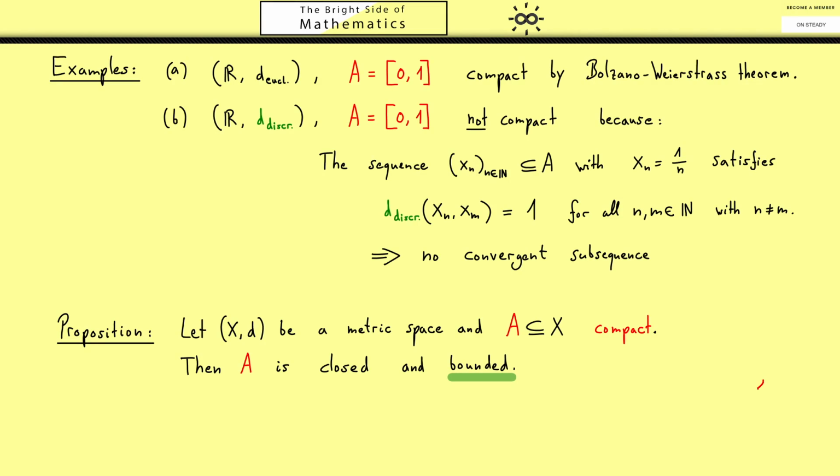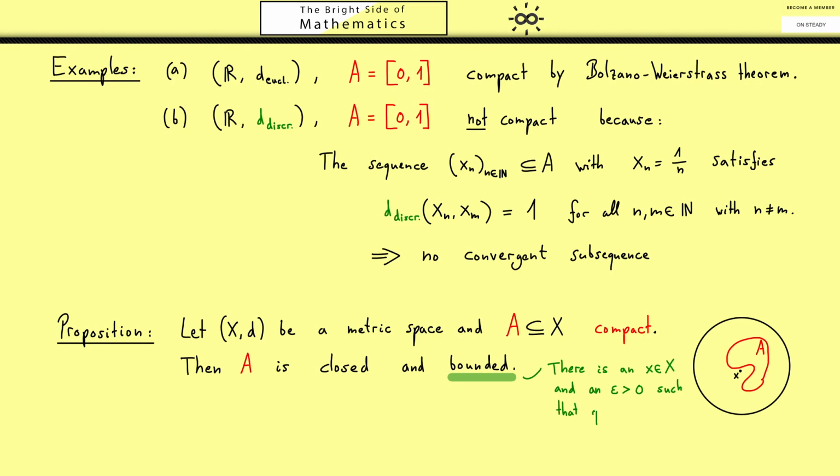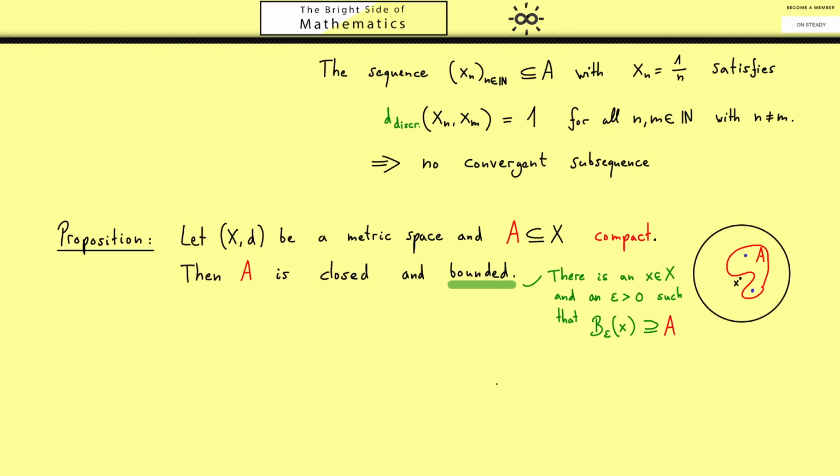Of course, this is not so surprising. If you have your set A here, it simply means that you can find a large enough epsilon ball such that the whole set lies inside this ball. So we just have to find a middle point x and a radius epsilon. And then we want that the open epsilon ball around x is a superset of A. And this is what we mean when we say bounded. It simply means that there is a constant such that any two points have distance less than this constant. And here you see this constant would be just 2 epsilon. Okay, by knowing all the terms in the proposition, we now can write down the proof.